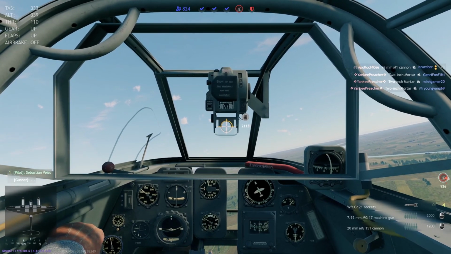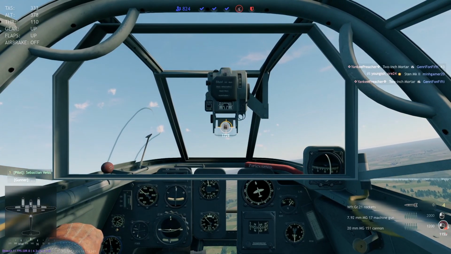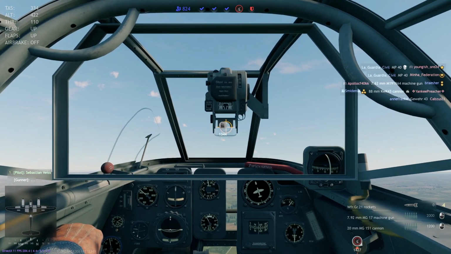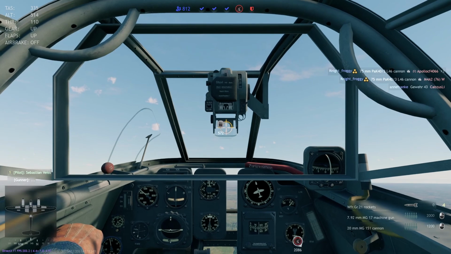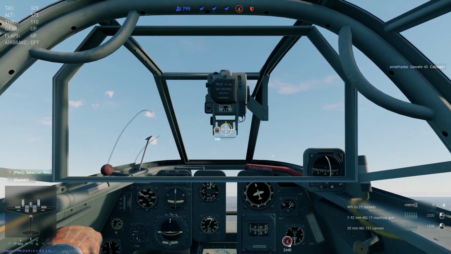The IAR-81 is actually pretty good, and it also can play into the fighter role. And then I think you'd have to look at things like the POTES and the Ju-87s, which are going to do well in the ground attack role. They just don't have as much air-to-air flexibility. But